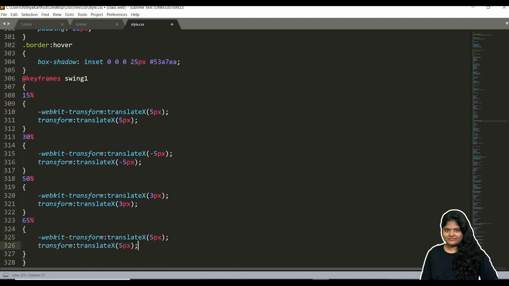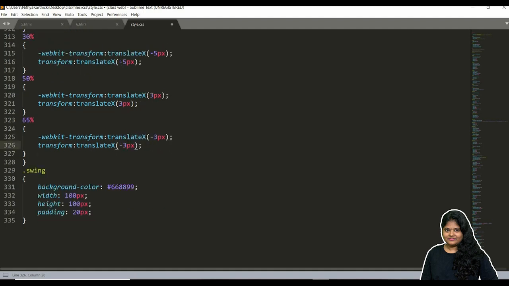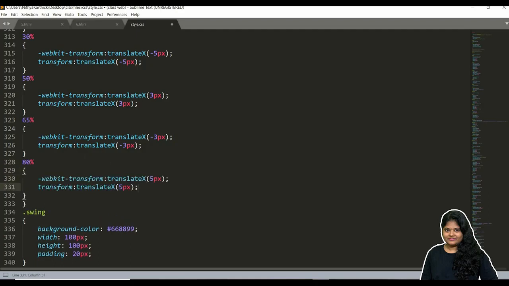The same thing, again minus 3. We are doing a swing example, so minus 3. After 65 we can take 80. Same thing, this time we are going to move 2 pixels, and then 100.